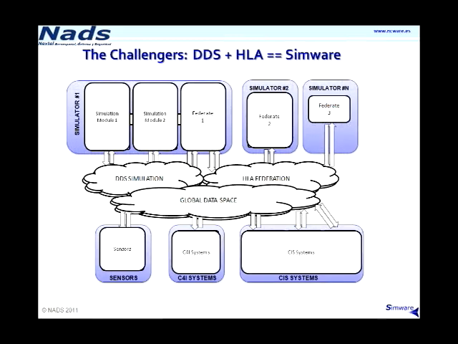The product that can do all this is SimWare. SimWare is the NADS solution for interoperation between HLA and DDS. It seamlessly integrates in the same interface the access to HLA and DDS. The user has only to decide, and this is critical, what data model is needed for the joint simulation. This HLA-like data model is then converted to a DDS-style data interface and made into a library. This library in turn can be used in any simulator for using the shared data model.